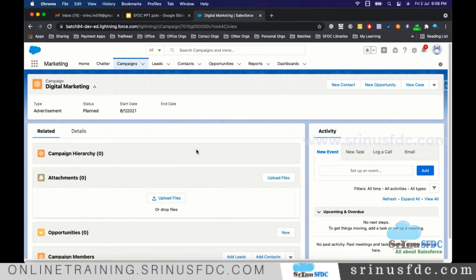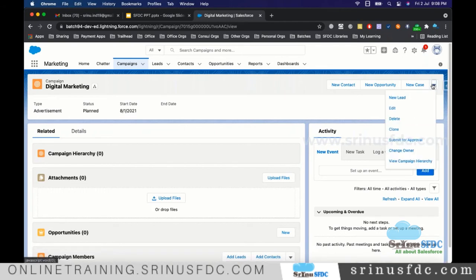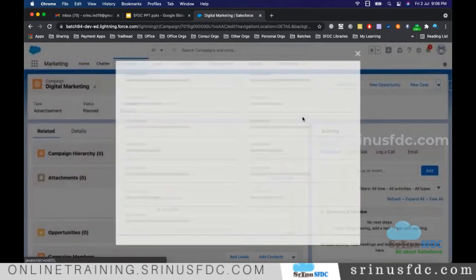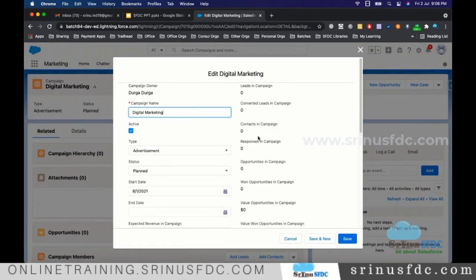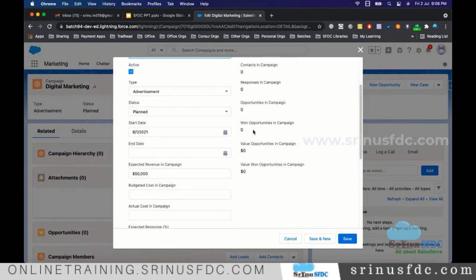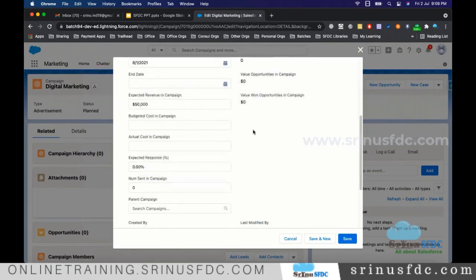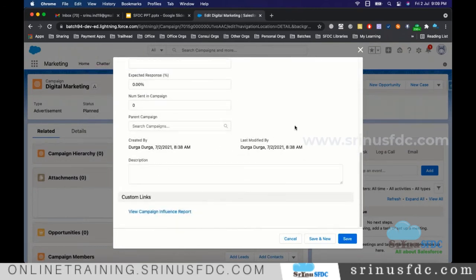And also in the same way, you can modify. Let's say I want to modify this information. So you can click on... So all these are the buttons. Technically, we also call them actions, quick actions. So click on edit, and here you see like this,